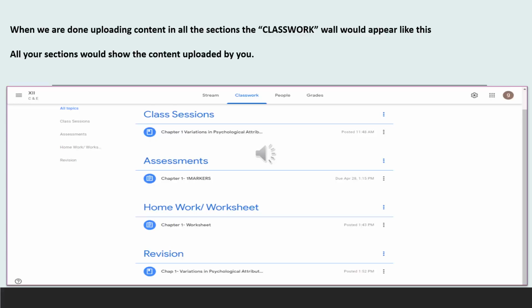Right now I have only one content, so my page is a little shrunk, but when I upload more and more topics, it is going to have n number of data. Instead of scrolling down, I can easily select any of those topics on the left hand side of the screen, and I can choose to visit that one particular section.